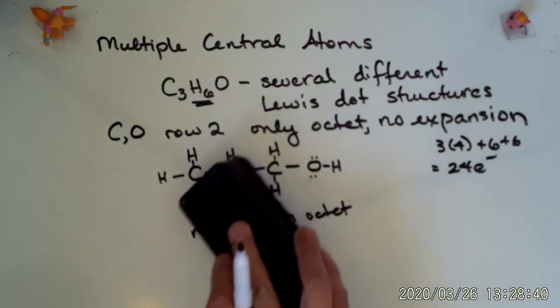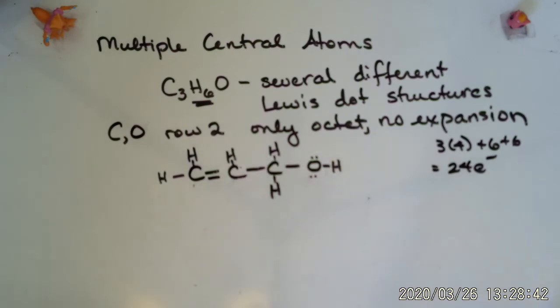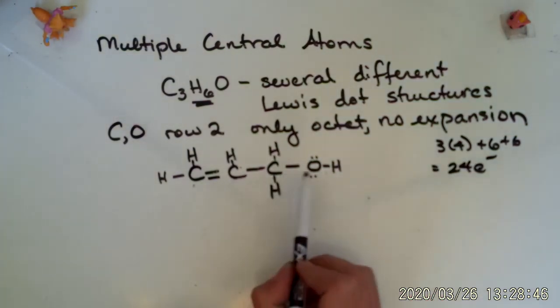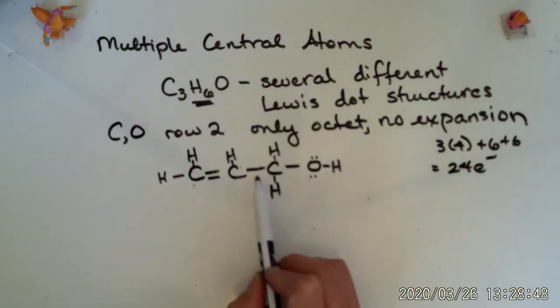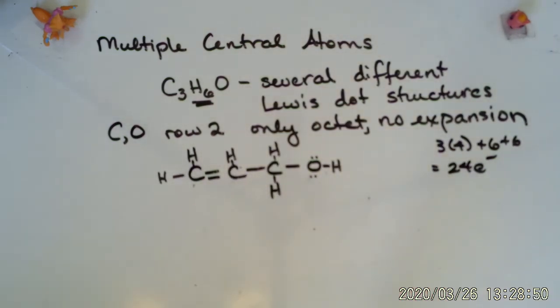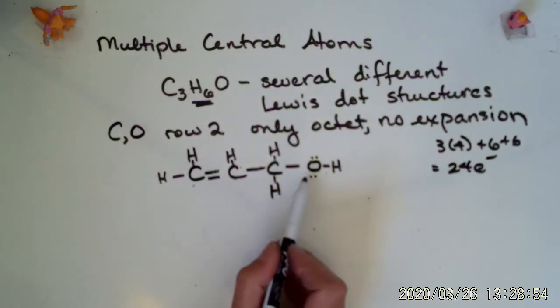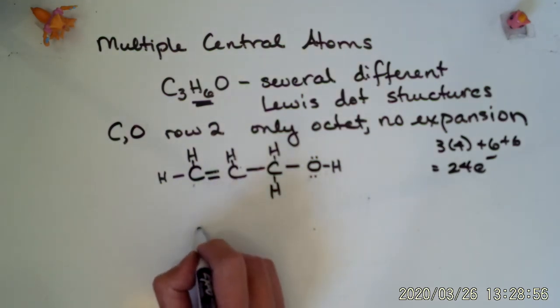Now, every single carbon has an octet. My oxygen has an octet. My hydrogens all have a bond to each other. What's another way we can do it? So let's say, all right, instead of this,